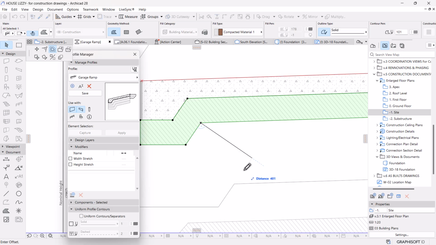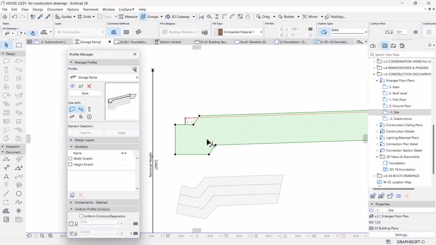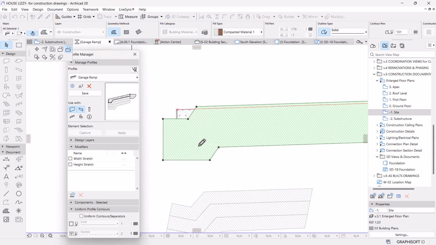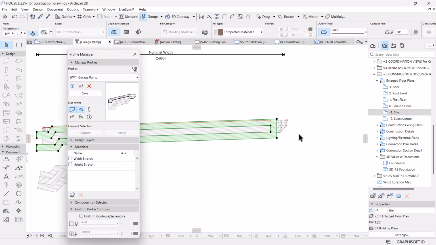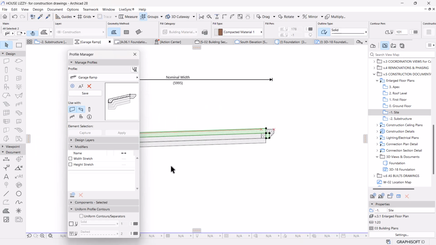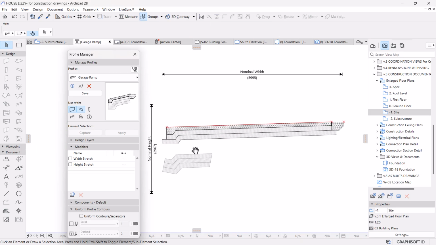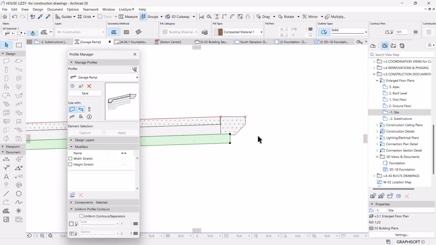So it will be 150, a copy of that, then subtract, get rid of the material, delete, adjust the ends,